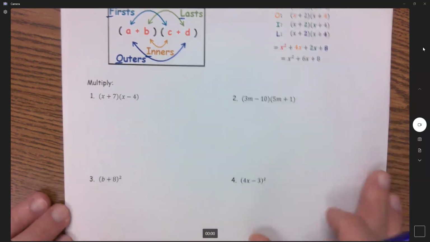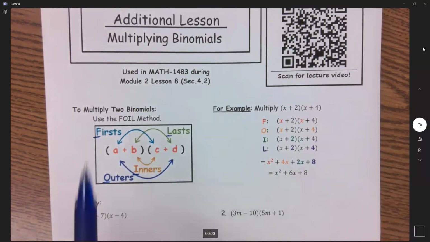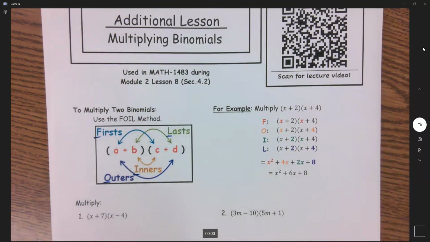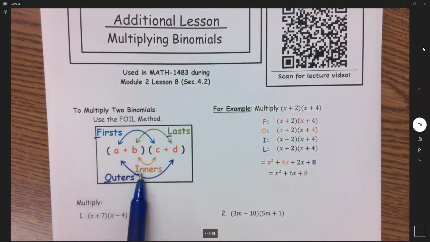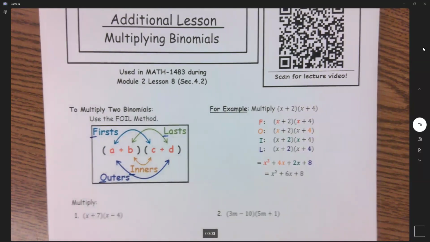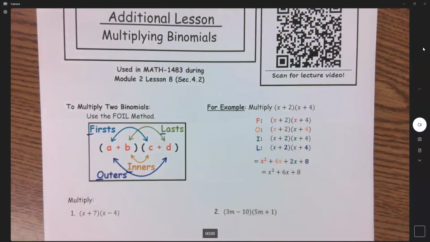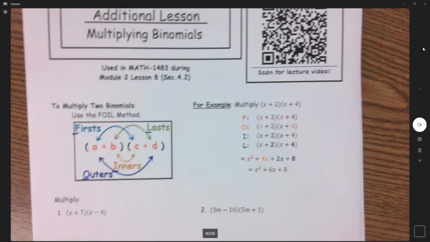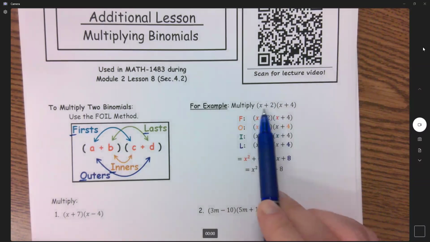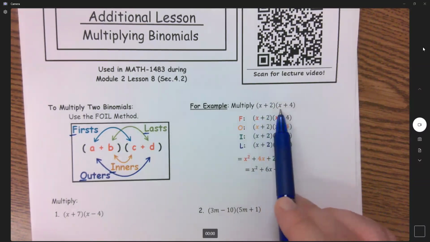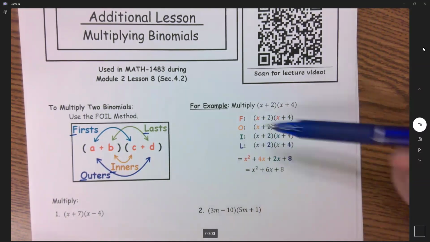And so what is the procedure? What's the process that we're going to use? It's this FOIL method right here, which stands for first, outer, inner, last. So here's an example color-coded for you. If I was to multiply x plus 2, which is one binomial, times x plus 4, another binomial, to use